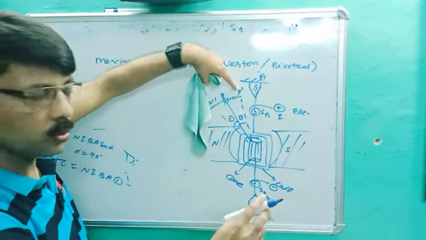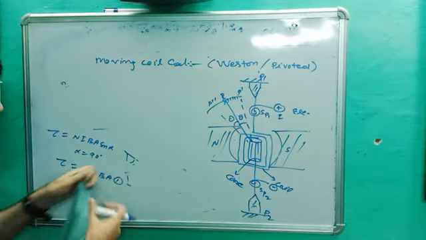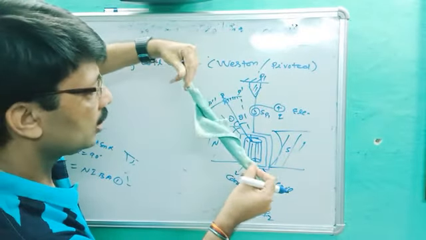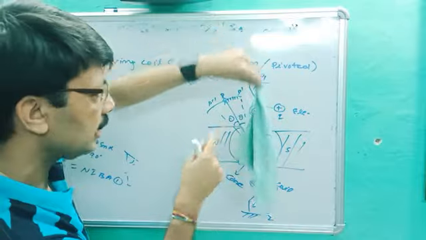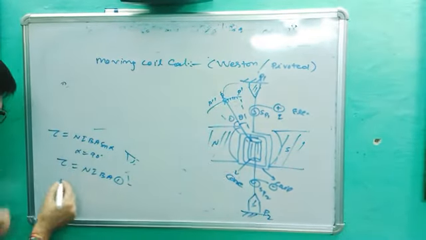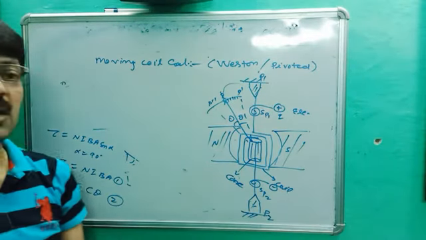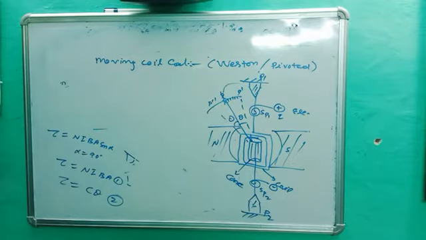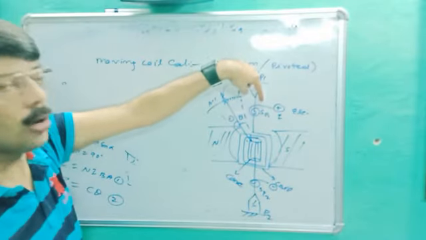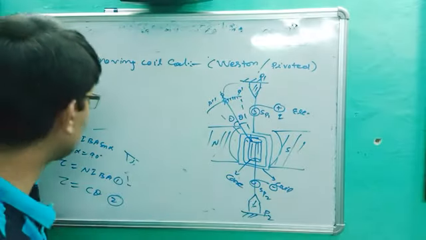It means some current is drawn through the coil. When you put off the current, the torque tau equal to NIBA, with I zero, so the torque will be zero, but the twisting torque twisted the spring like this. See there, when current is drawn, it gets back to its initial position, it means the pointer again returns to what? P dash returns to what? P. And the twisting torque tau is equal to C theta, equation number second, where C is called the twisting constant. So two torques are acting, one is due to current on the coil, and the other is due to twisting of springs SP1 and SP2, that is called tau equal to C theta, where C is called the twisting constant.